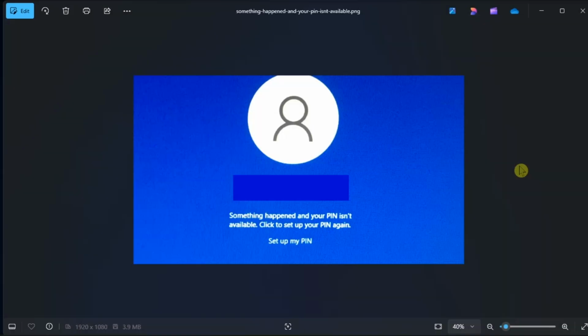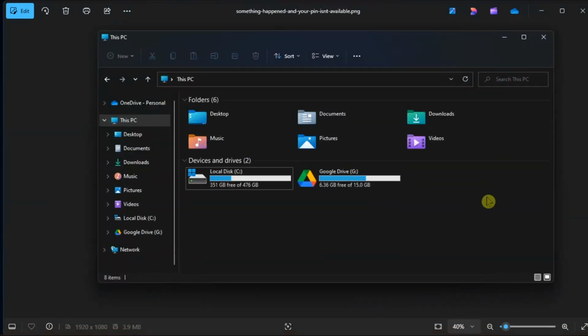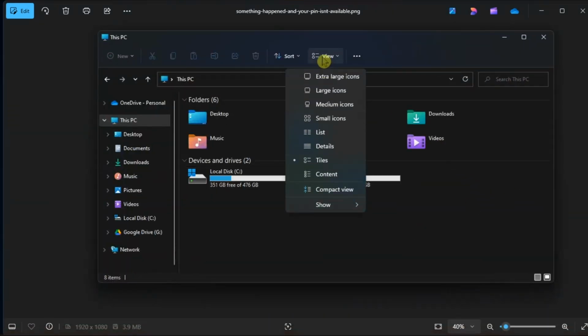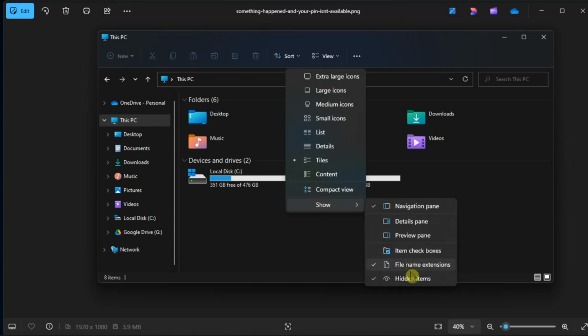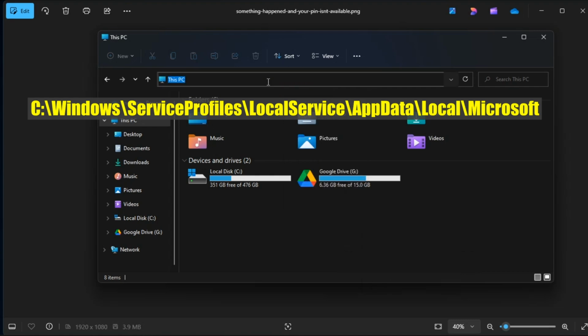But if the issue persists while signing in with the PIN, check the NGC folder for permission issues. To do it, open File Explorer, click on View, select Show, then select Hidden Items. Now you have to make sure that the Hidden Item option has a check mark. Then, navigate to the following path,